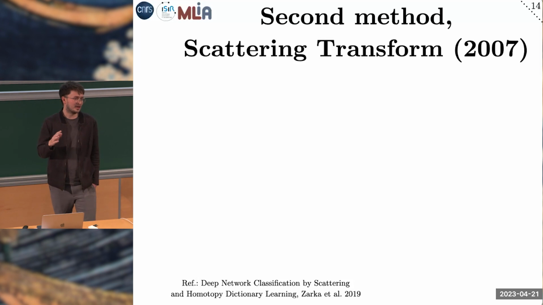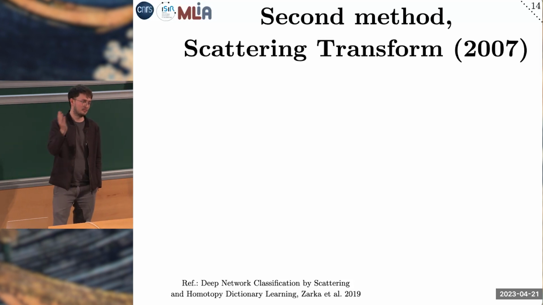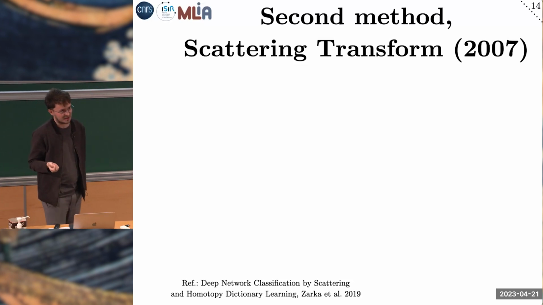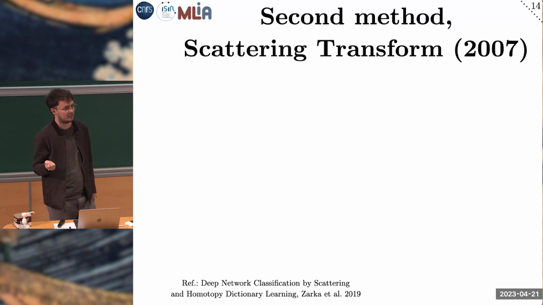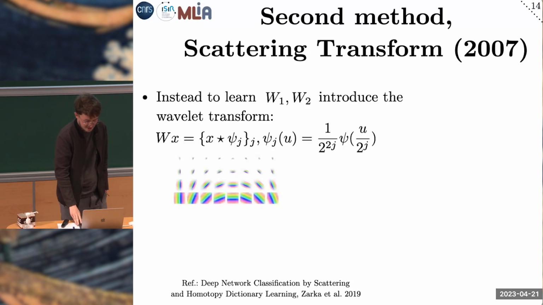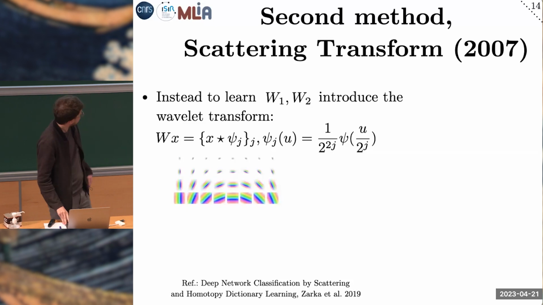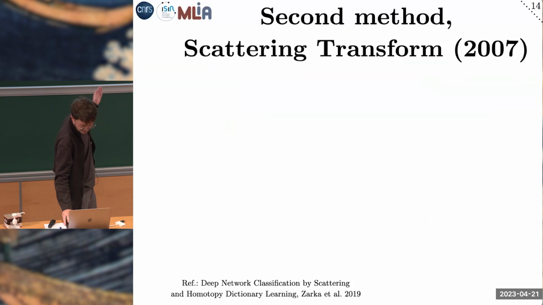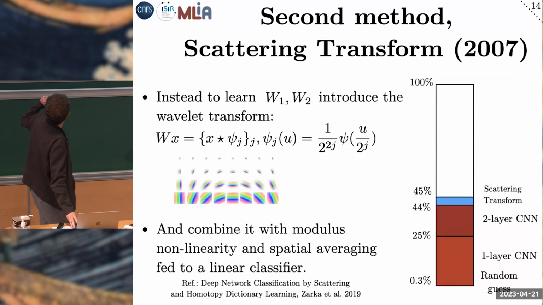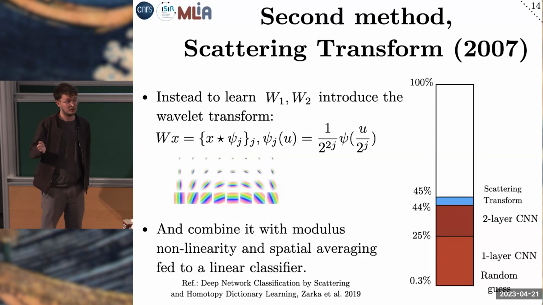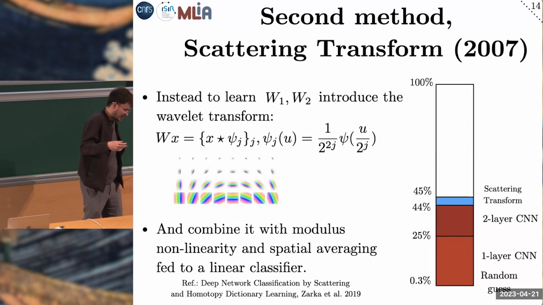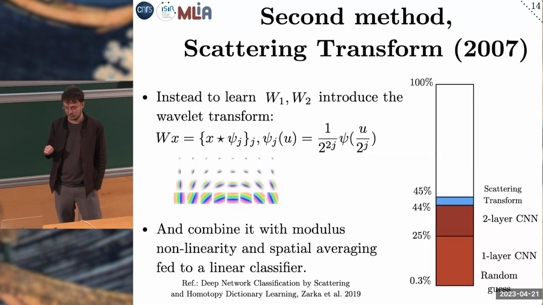So, in your opinion, is the scattering transform doing better or worse than a two-layer neural network? That's pretty correct. So scattering transform with Gabor wavelets is going to bring you to 45%. So let's say it's about the same. So that's one of the stories of the scattering, where the scattering is doing about the same as deep neural networks.